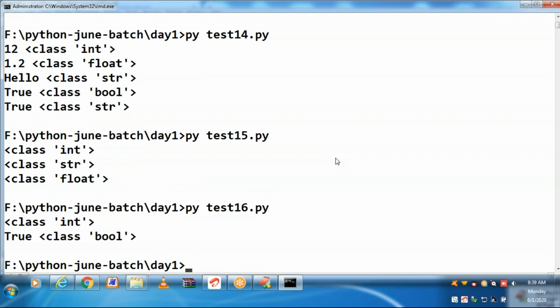So please observe, in case of Python, everything is true if something is not a false. If something is not a false, then it will be considered as a true. Whatever you supply, that is a true other than false.